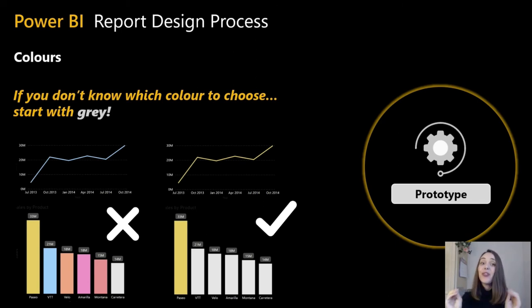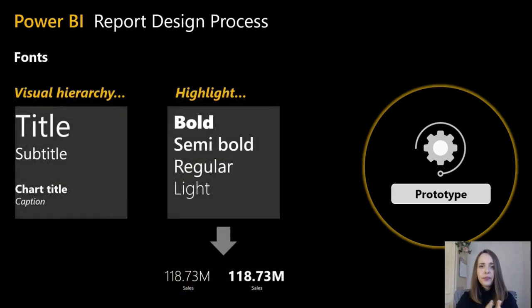Don't overdo it. Don't use too many colors, for example. As you can see from the example here in the slide, don't just use colors for the sake of it. And if you have no idea how to use colors properly, my advice to you is start with gray and go from there. Gray is a great base color. Just start with that and keep adding colors as you need them.